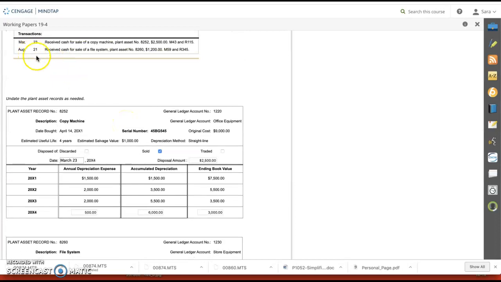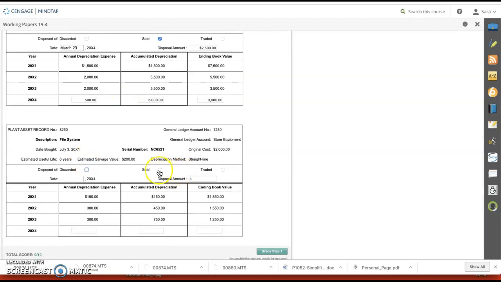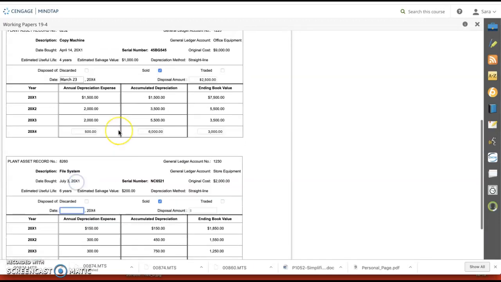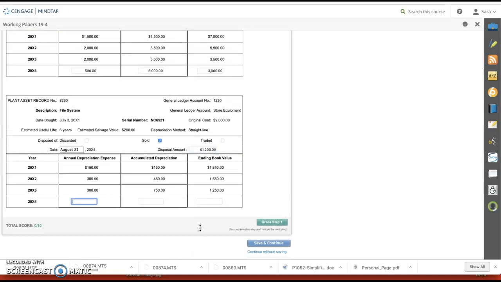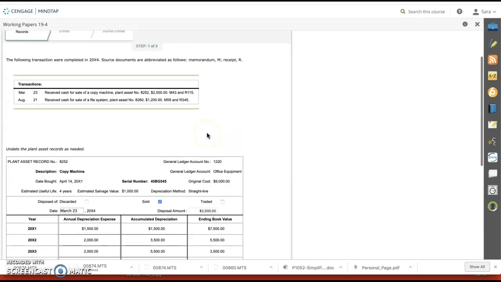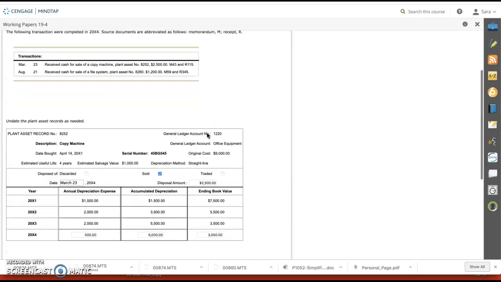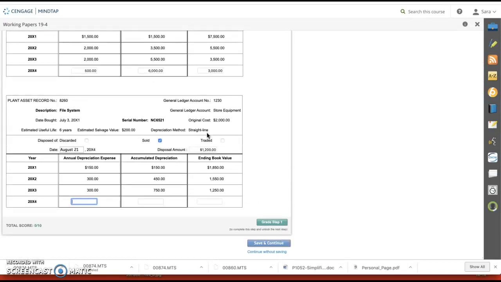Okay, then our second one, August 21st, we received cash for sale of our file system, plant asset number 8260, $1,200, M59 and R435. So once again, we sold it. Our date was August 21st. Disposal amount, $1,200. And then, okay, so same thing. This was for 8 months, so we'll take our,